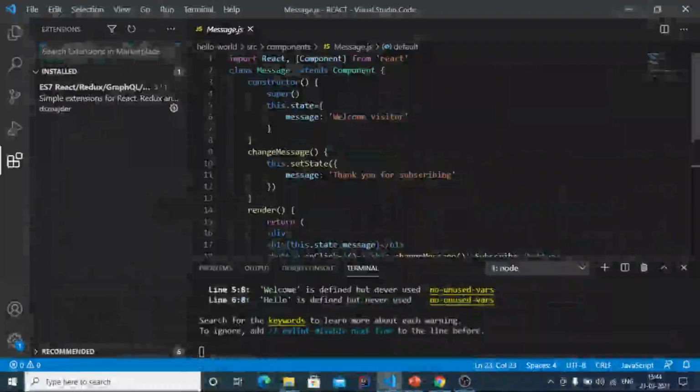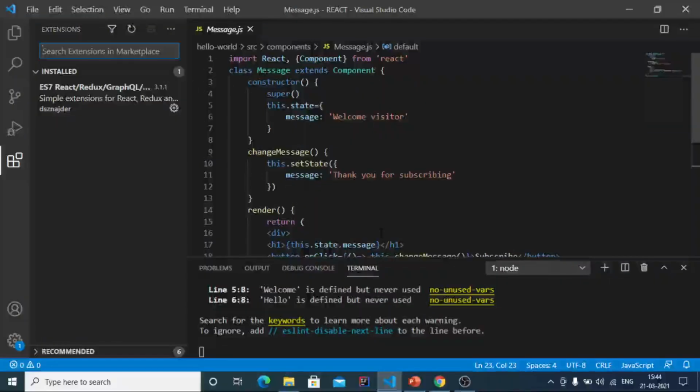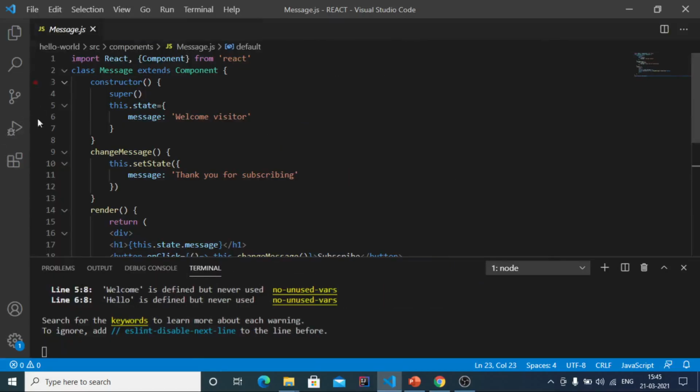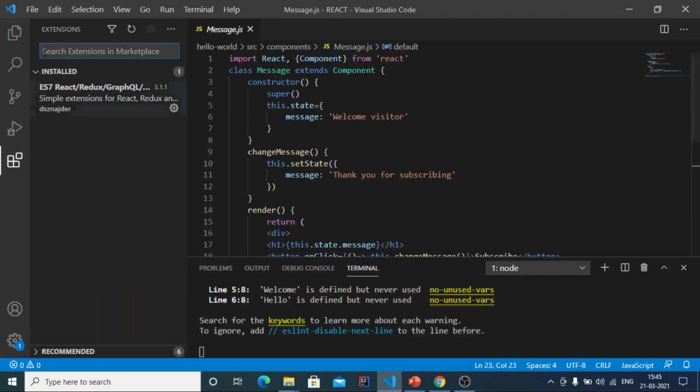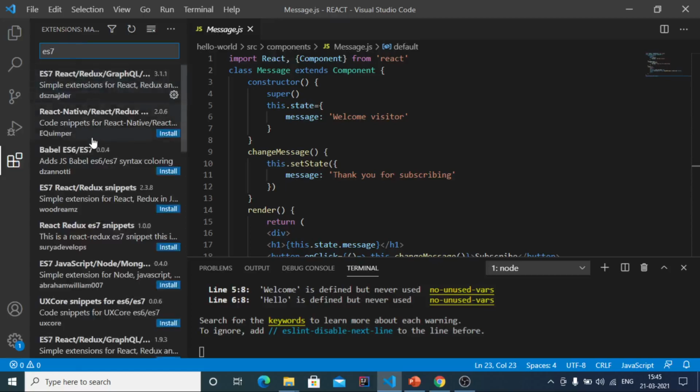In this video tutorial, let us take a closer look at the state and the setState method. Before we proceed to start with some concepts of state and setState method, I would like to draw your attention to the installation of an extension that is known as ES7 extensions for snippets.